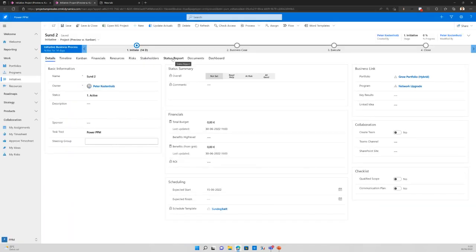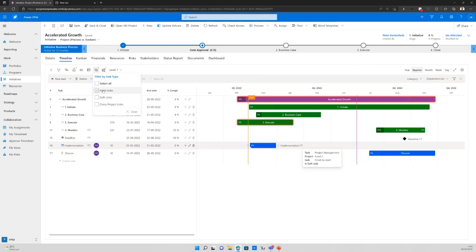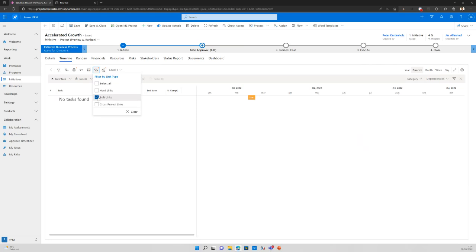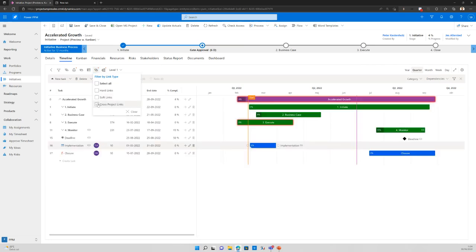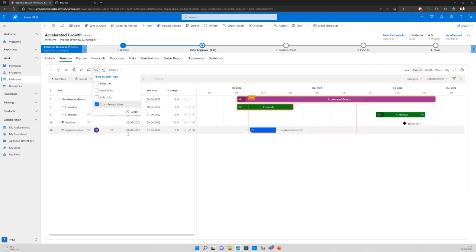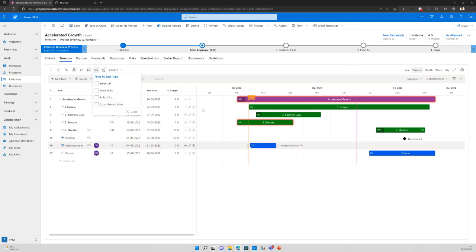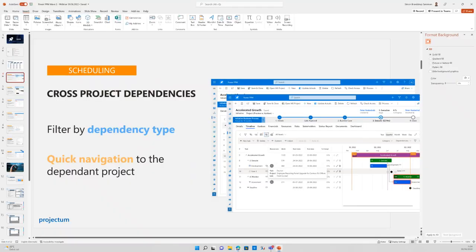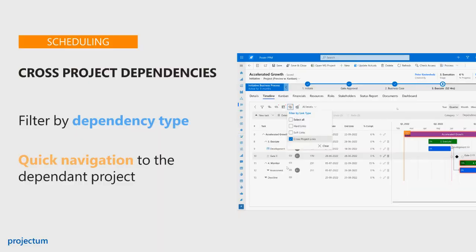That's of course specific to the permissions you have in the system and can be set up specifically. I can also filter up here if I have any hard links in my plan, or any soft links within the plan. I don't have any in this specific project, or I can check if I have any cross-project links, and it will then filter out those ones in my plan. So that's the first feature we are releasing here in Wave 2. If I jump back into my slides here,